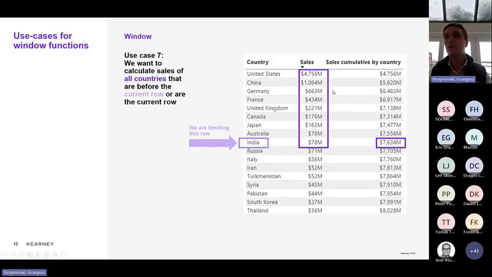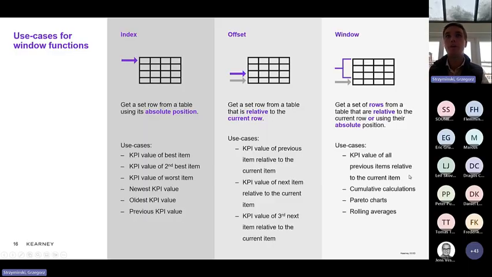But if we look carefully at what we did in this use case for the window function, we actually returned all rows that start from the first row in the table up to the current one. So we are using both absolute and relative coordinates. Is that intentional? Yes, it is, because that's basically how the window function window works, and I will get into that in a minute. But first, let's sum up what we know about the use cases for the index, offset,